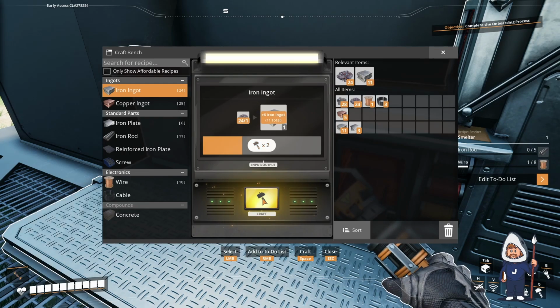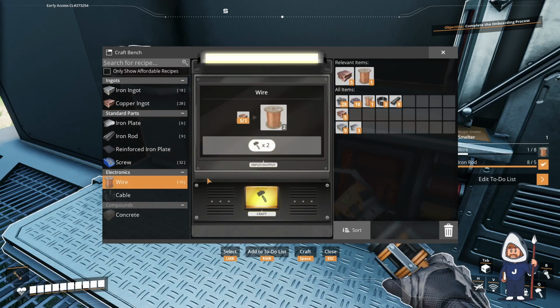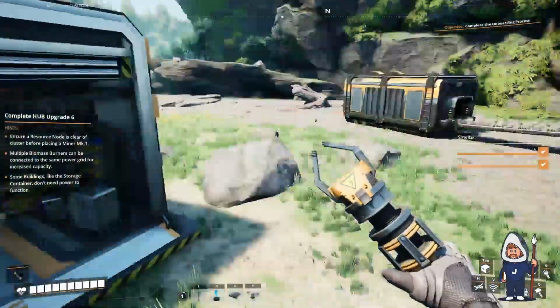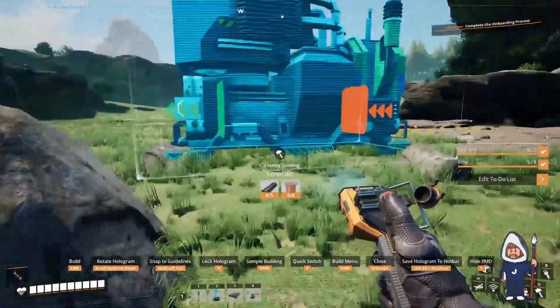iron ingots. So we're going to need 10 iron or 5 iron rods and 8 wire spools. So let's go ahead and make our 8 iron rods. Okay. We have enough copper. We can make 7 more of these. Beautiful. And then now we can build out our smelter, which we're going to put,